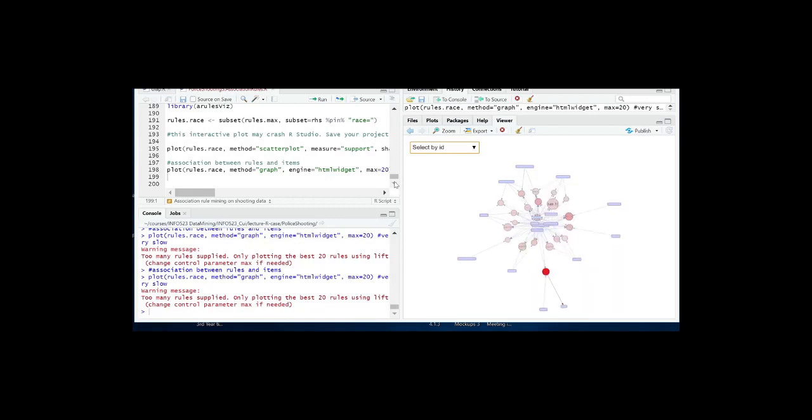Okay, so these are the two visualization tools that we could use to help us to filter and find good rules. So this concludes my demonstration on the association rule mining using police shooting data.